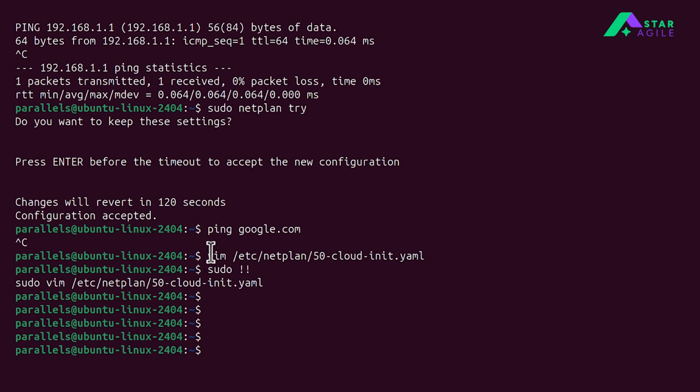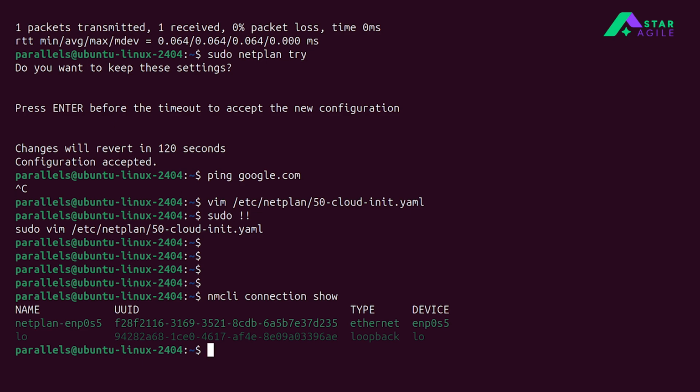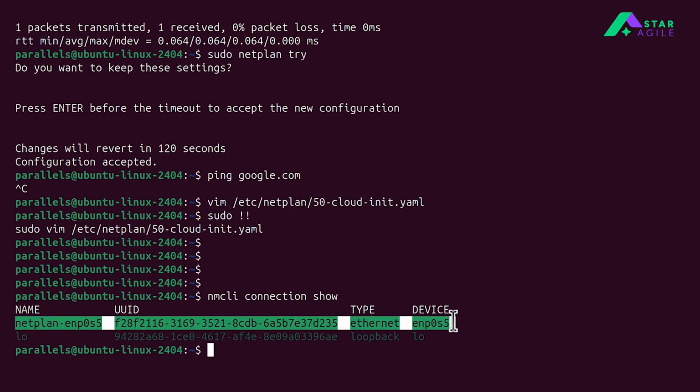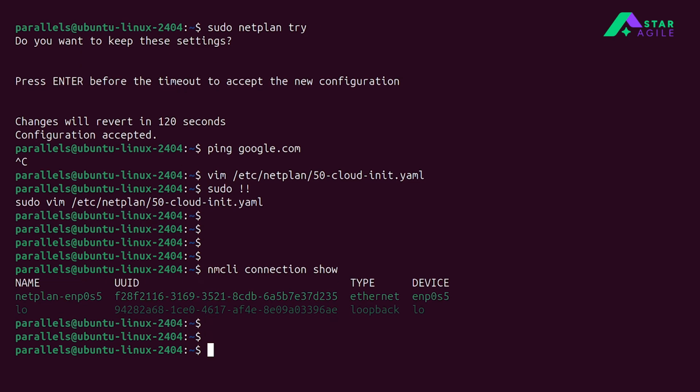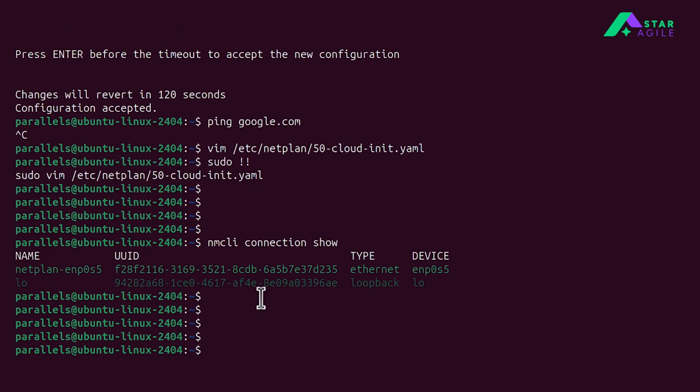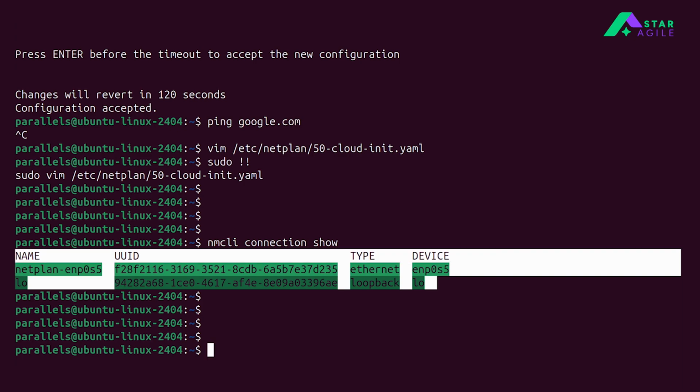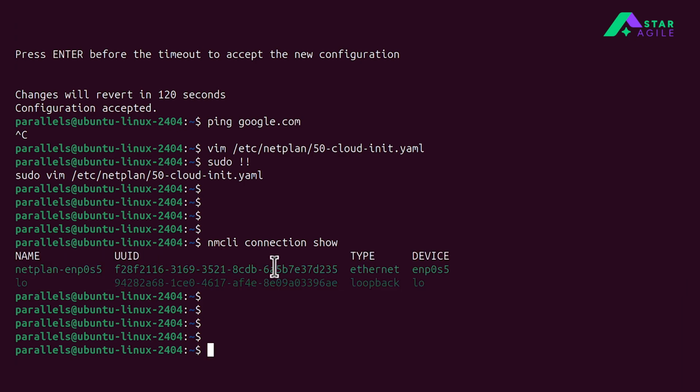After that, we will see that we have already identified what is the interface of the device which has the connection stability, and then we can verify, okay, this is the connection name netplan enp0s5 via this command nmcli. Then let's try to use both. So as we have already seen, we just have to start the service here, systemctl start. Okay,